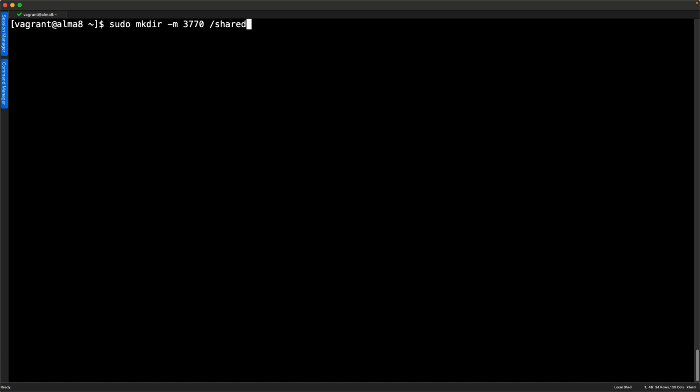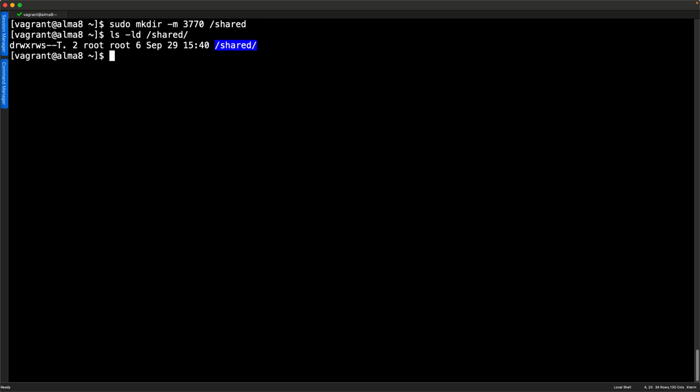So as I go through then and set that, when I look with ls -ld and we look at the symbolic permissions for the shared directory, we've got read, write, and execute for our user, read, write, and set user ID. It's lowercase, so execute is already set. For the group currently is root. Remember, the group special bit, when set on a directory, ensures all new content is going to be group owned by the group owner of the directory. So we definitely need to look at changing the group owner.